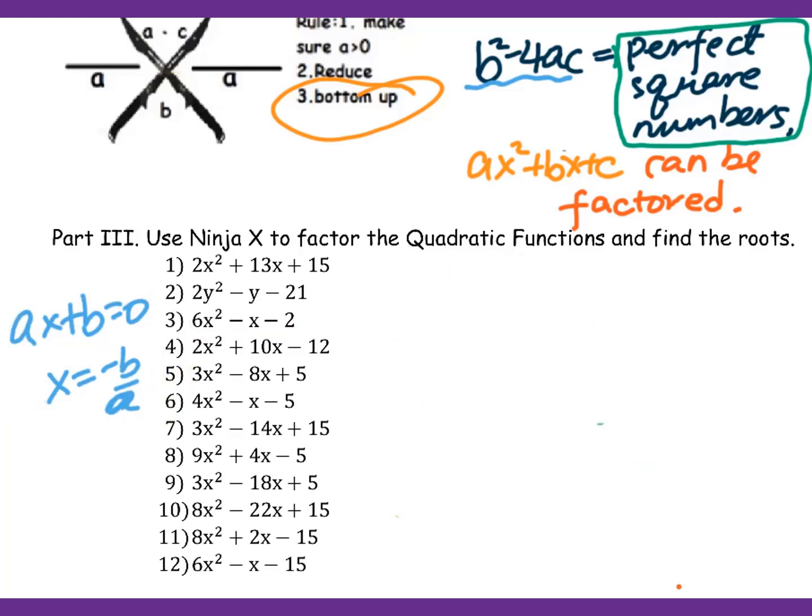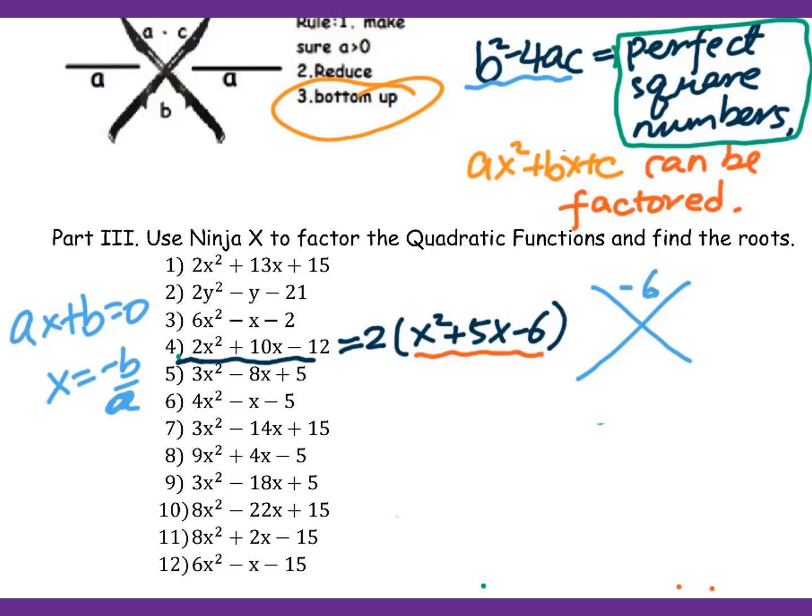Let's go to number 4. We have common factors for this quadratic function. That's 2. So take 2 outside. We divide by 2 for each term. I got the x squared plus 5x minus 6. I will do the Ninja X for this part. Therefore, I got